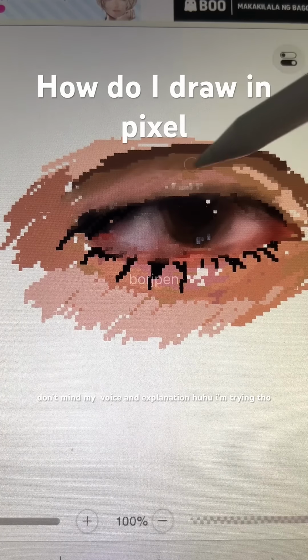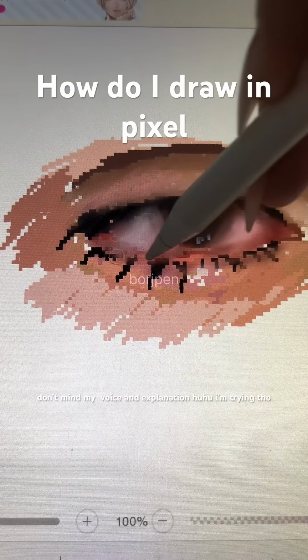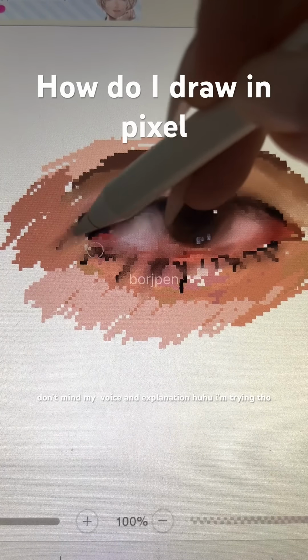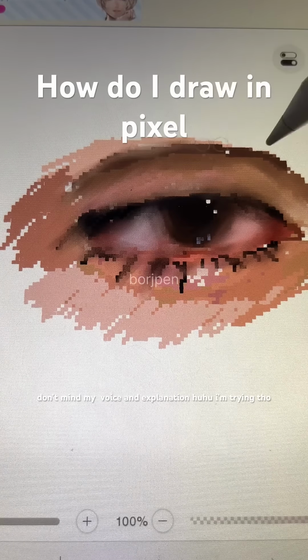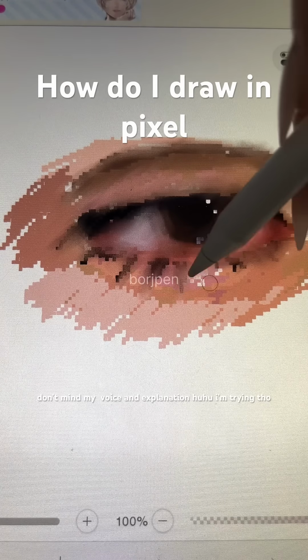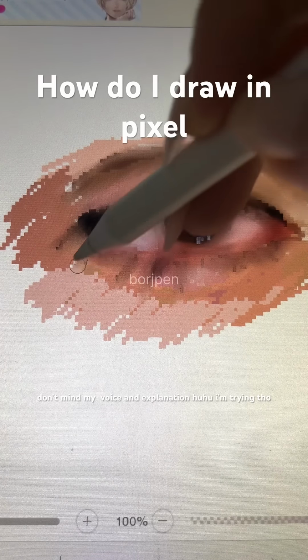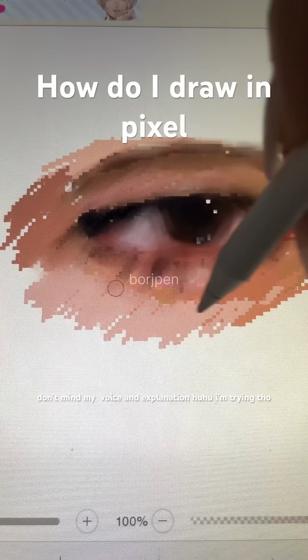But most of the time, like previous months ago, I think I started using pixel because it is easy, and I don't know, it's just easy for me.